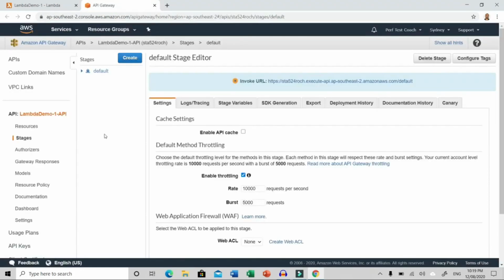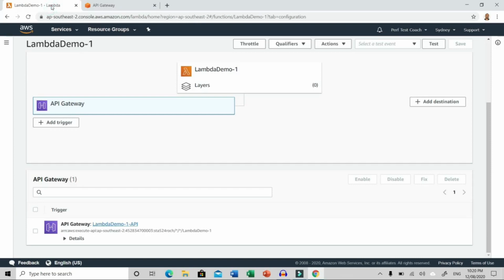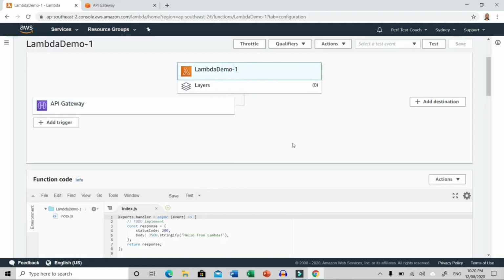So let me summarize what we have done. We have created a Lambda function. We have added API gateway as a trigger for our Lambda function, and we created a get method for our Lambda function. Okay, let me go back to Lambda functions dashboard. I want to show you a few things here. Click on this Lambda function, and if you scroll down,